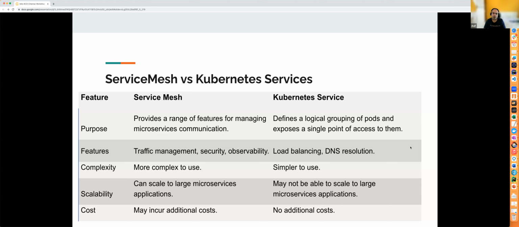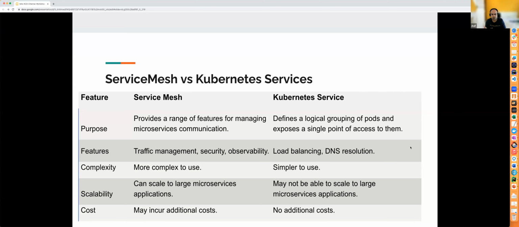Say you have hundreds of microservices scaled to thousands of instances, running in different zones, availability zones, and data centers. In those scenarios, Kubernetes service might not be the best choice, but service mesh can definitely cater to those instances.